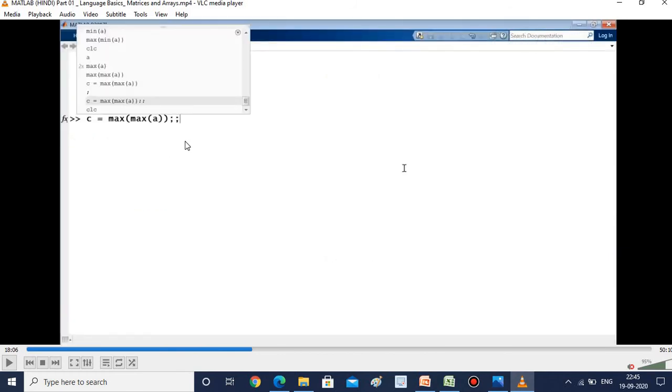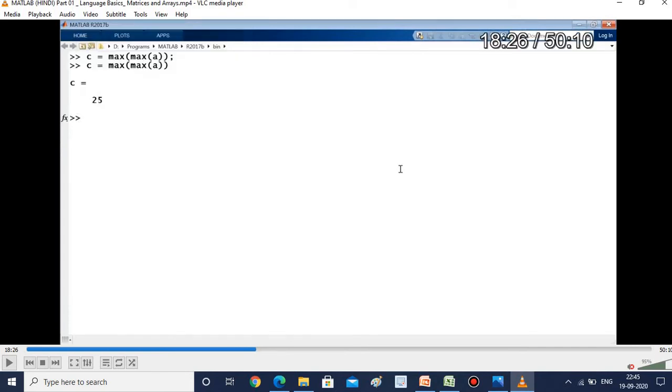So now let us learn about the colons. Semicolon. Already you know that the semicolon is for termination, right? If I give the semicolon here, you won't get any result. If I give the semicolon here, the result will not be displayed. Only if you remove the semicolon will the result be displayed. Please remember this point.